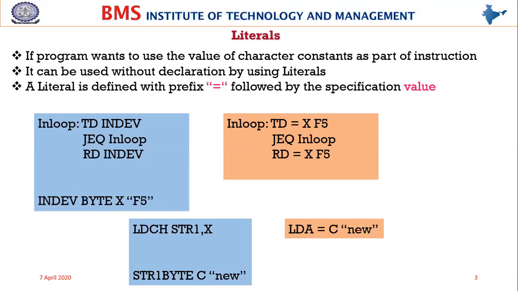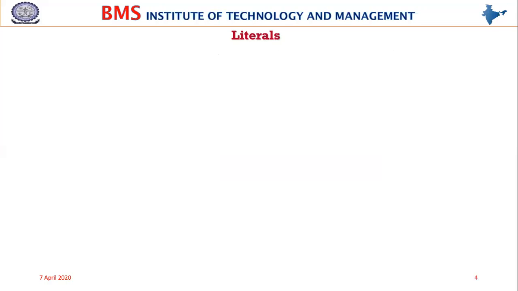So it is suitable for a character constant or a string constant. The character can be an ASCII or it can be a hexadecimal. For that reason, specifying either the X or the C is mandatory. Fine. The next concept we have is